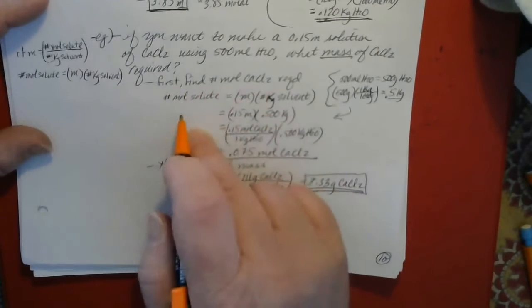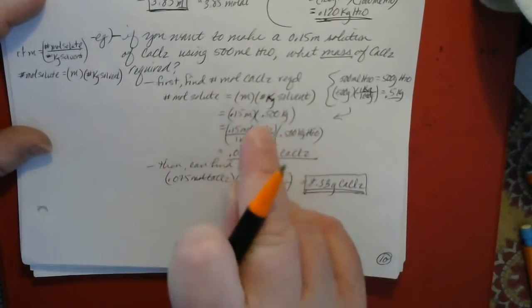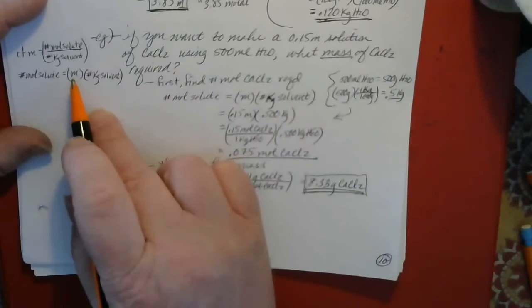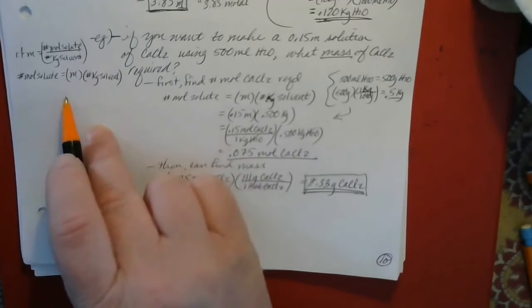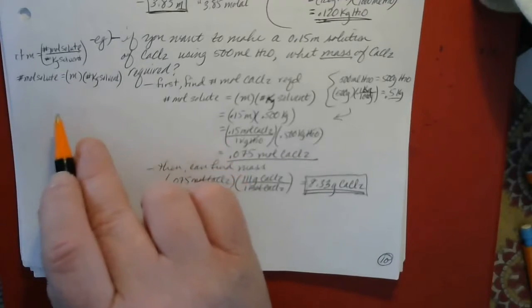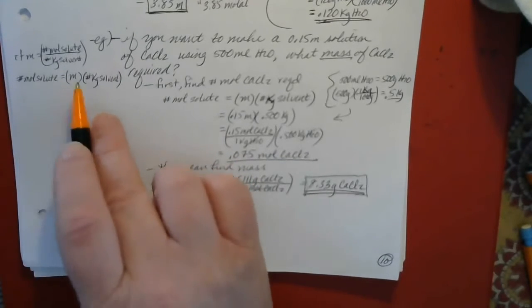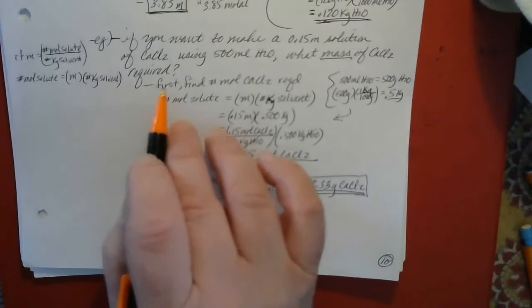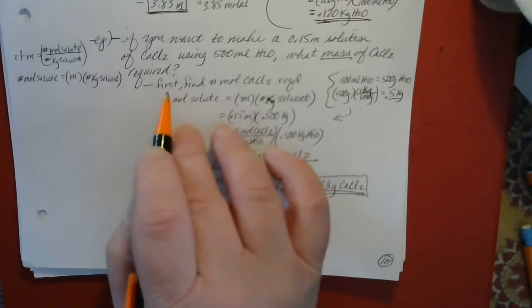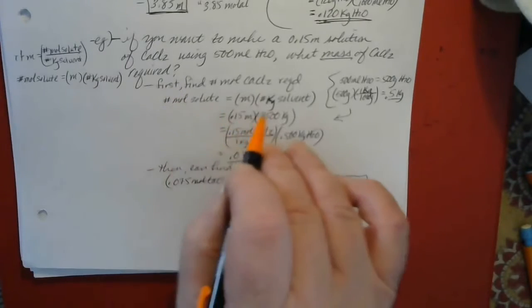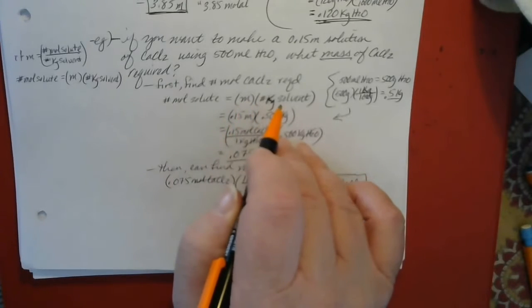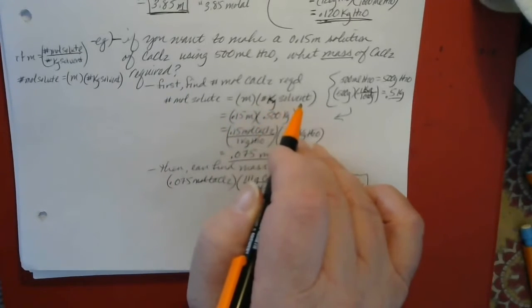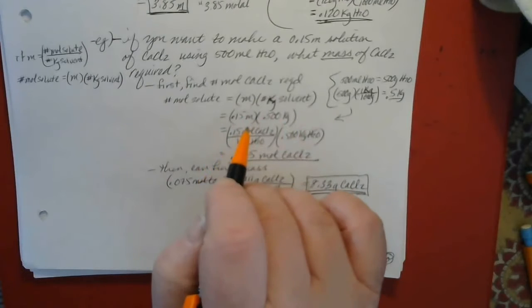So let's see, number of moles of solute. What we need is the molality of the solution, and then we can find the number of moles of solute in that solution. To find the number of moles of solute, we need the molality of the solution times the kilograms of solvent. But before we can do that,